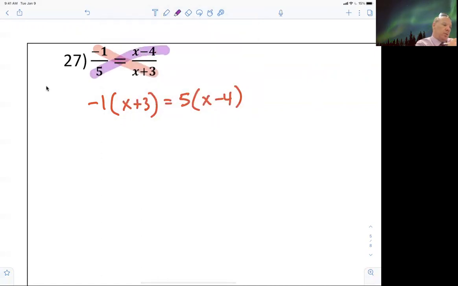He can distribute, but he didn't know how to do it. So now he knows cross multiply, and now we're going to distribute, right? Do you know how to distribute, Jackson? Yeah. -4x plus -3 equals what? Equals 5x